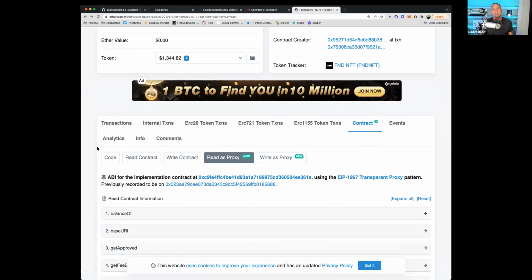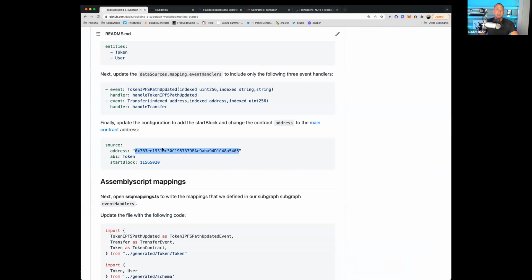Instead of having the contract that you deploy be the source of truth, you can essentially have it pointing to another contract, and then update the location of that contract so that when you make updates, you can be pointing to another contract. That's what this contract is doing. So when we initialized it, we wanted to index the events off of one contract, but when we deploy it, we want to actually be indexing a different contract. So that's why we're updating this address.